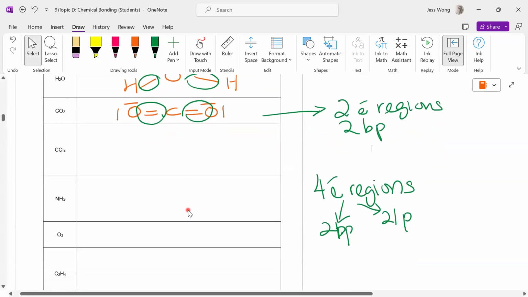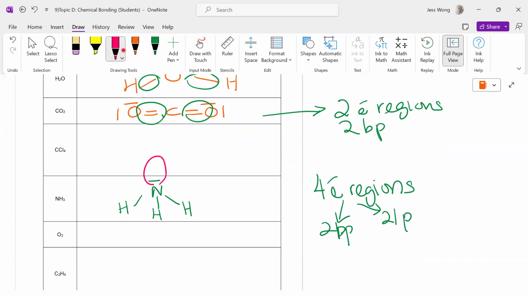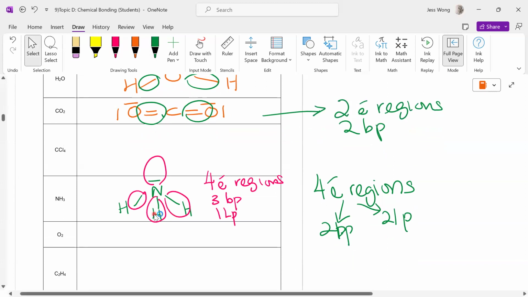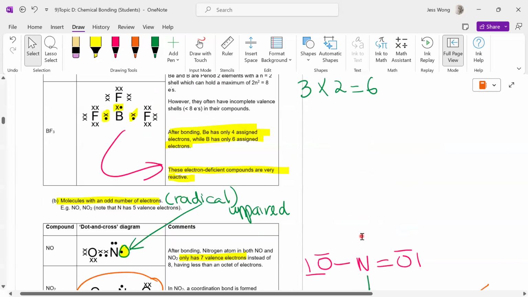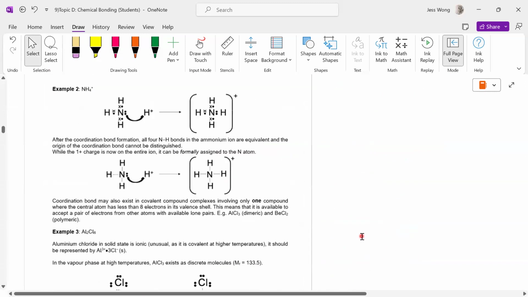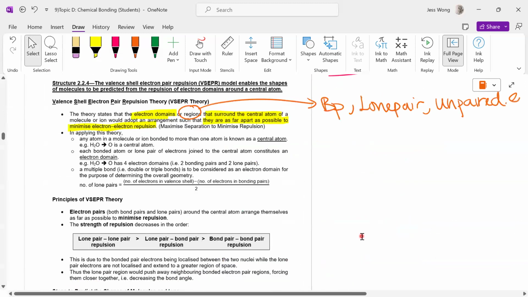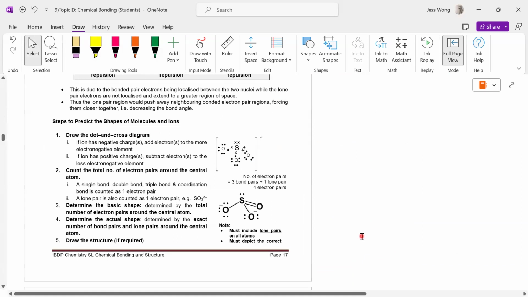All right. So let's say if I have ammonia, it will look like this. So ammonia will have 1, 2, 3, 4 regions, 4 electron regions. Out of the 4 electron regions, 3 are bond pairs and 1 is a lone pair. So we are going to first count the regions. Knowing how many regions there are, what do we do is that after you have drawn your dot and